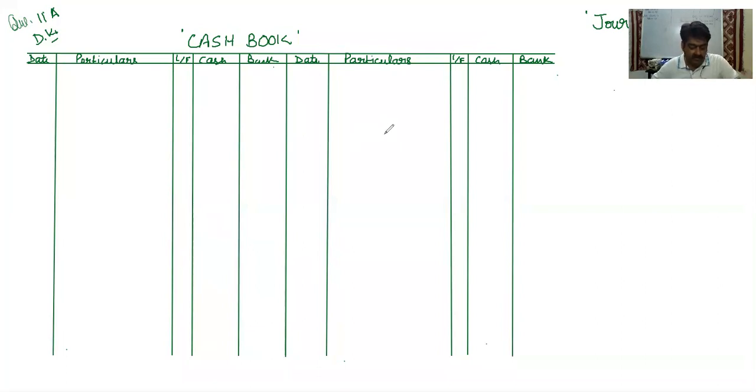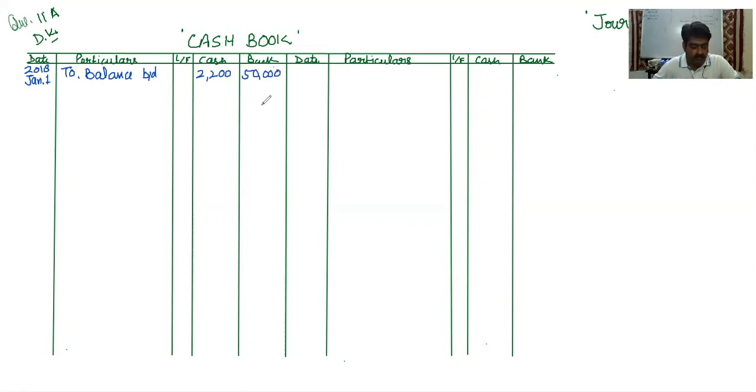Enter the following transactions in the two column cash book of Mr. Mohan. On 2018 January 1, cash in hand and cash at bank. You can see both balances are given. So the date will be 2018 January 1. Opening balance will come in the debit side. A very simple treatment will come, and that is "to balance brought down." Amount of cash is 2,200, that will come in the cash column, and amount of bank is 50,000, and that will